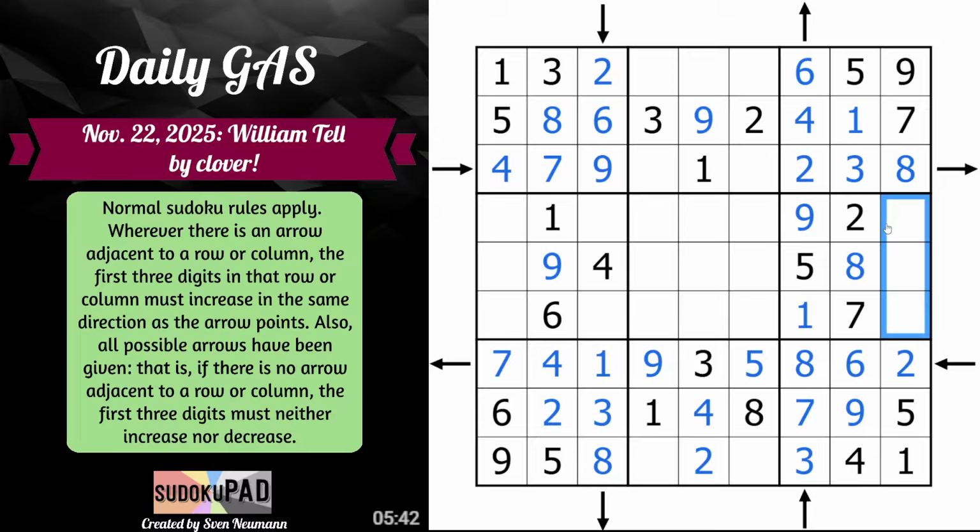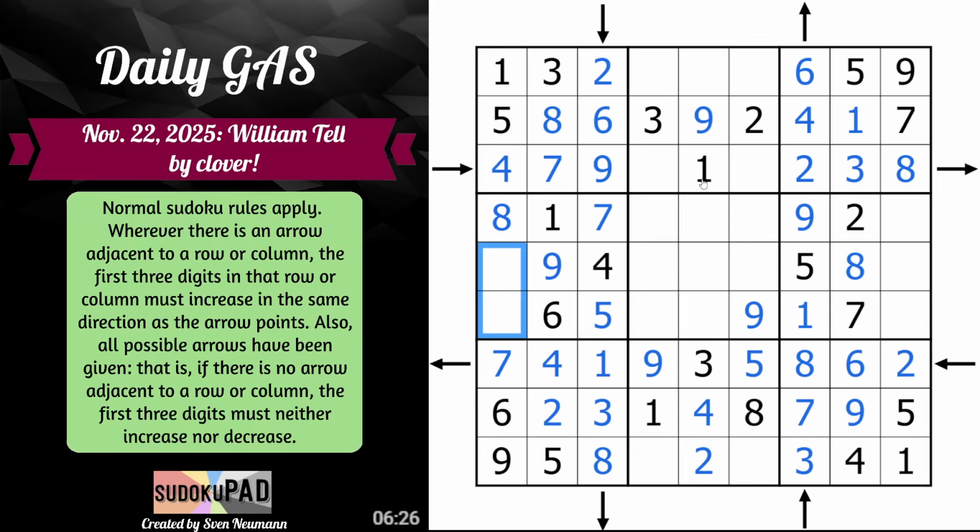I don't see any way to place this that would cause these to break because of increasing or decreasing. So what that means is maybe we consider what's going on here. Yeah, because look at that. Very easily, no fancy stuff required. Just plain old Sudoku tells us this is 7 and this is 5. And now we know this has to be less than, but what are we missing? 2, 3, and 8. So this can't be 8, this can't be 8, so this is 8. And now we have a 2, 3 pair,